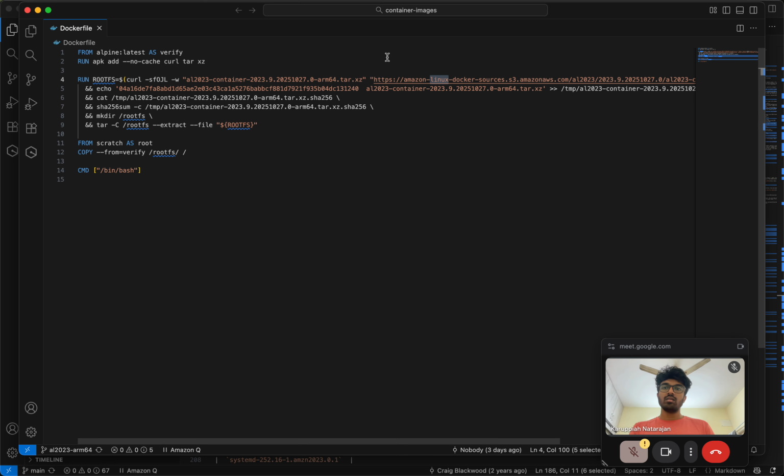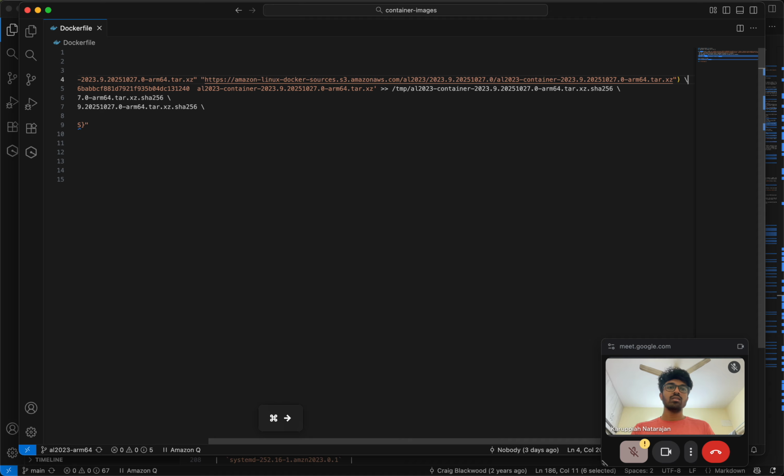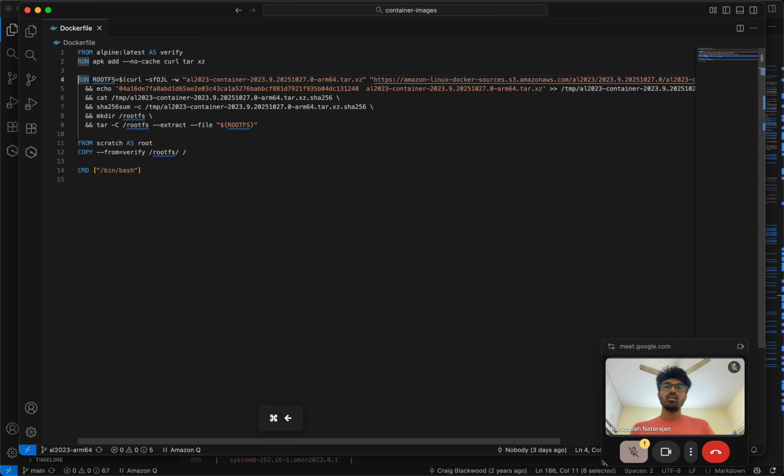Okay, so it says root fs. Oh, it uses this just like the start, and then copies from scratch as root from verify. Okay, so they do some verification, so they basically get the tarball from here.